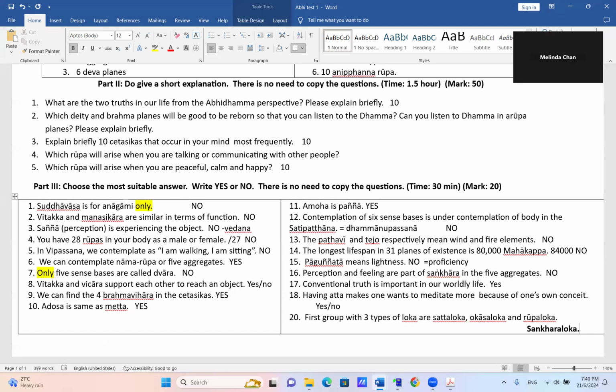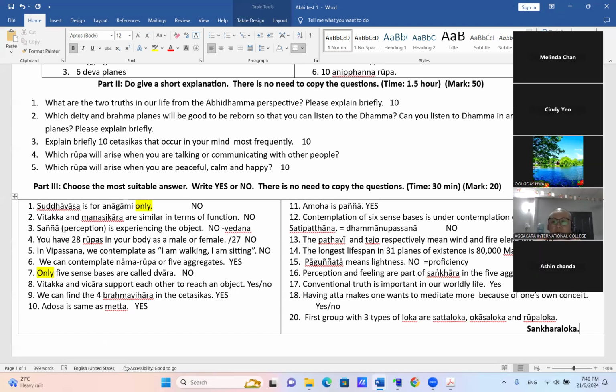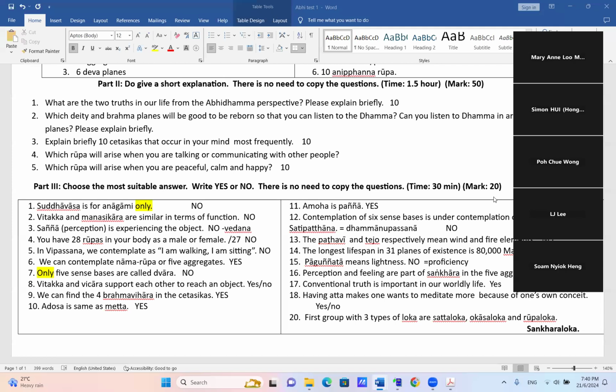Yes. Any question about this? Anybody? Sayadaw, this is Shinling. Yes. On part 3, number 10, right? Now, I read in the handbook of Abhidhamma,